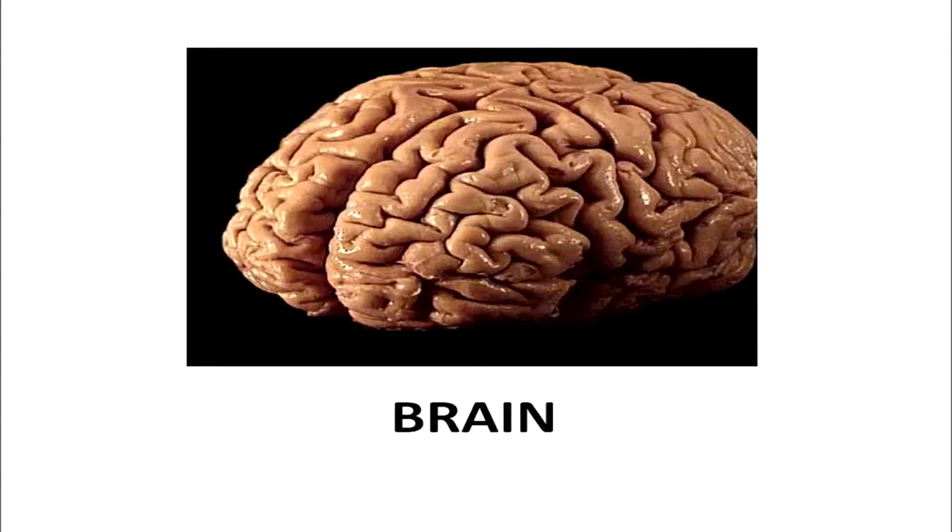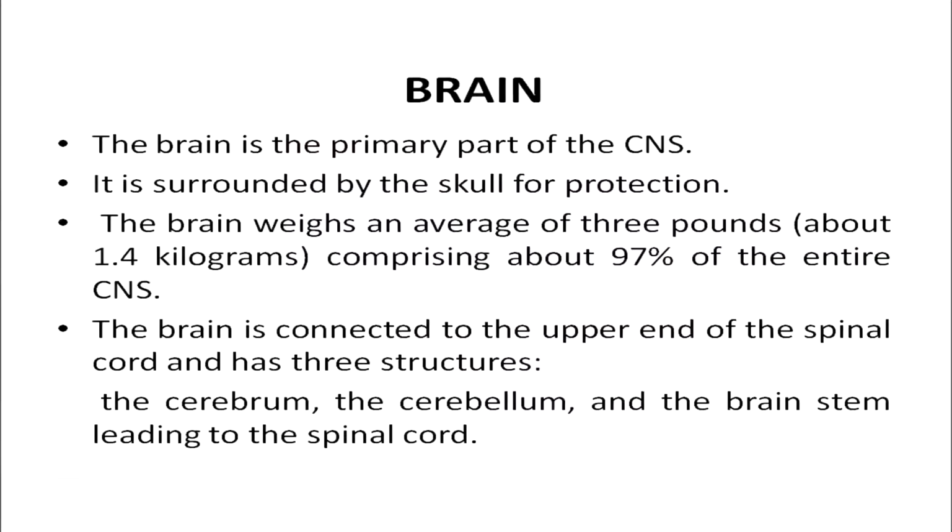This is how the brain looks. The brain is the primary part of the central nervous system. It is surrounded by the skull for protection. The brain weighs on average 3 pounds, that is about 1.4 kilograms, comprising about 97% of the entire central nervous system. The brain is connected to the upper end of the spinal cord